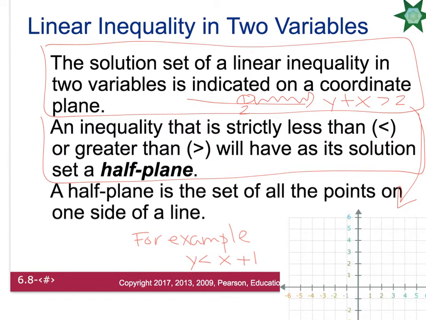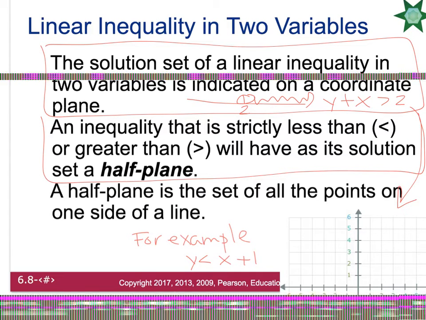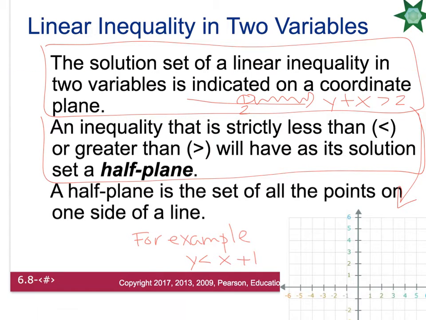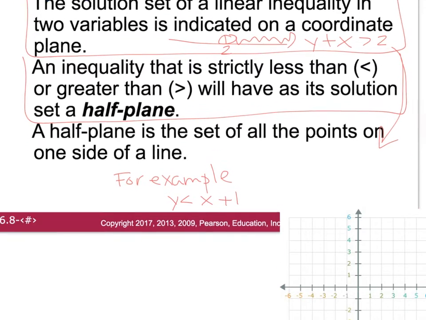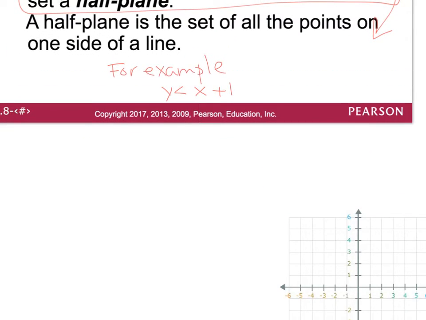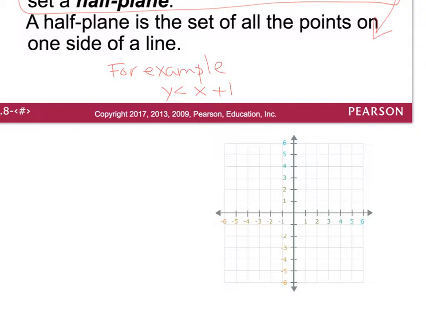The half plane is a set of all points on the side of a line. I'll show you an example. Let's say that we were looking at y is less than x plus 1. When you go to graph this, pretend you're just graphing y equals x plus 1. So you would graph your y-intercept at positive 1. You would use your slope, which is 1 over 1, to go up 1, right 1, until you've got several